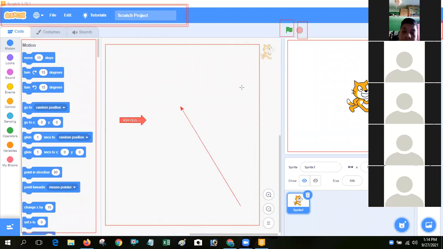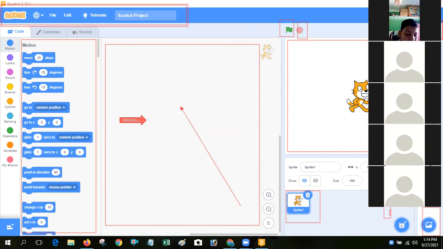So next you will see sprite information. This one is sprite information. Only one sprite is inside my Scratch program. You see Sprite1. Next, backdrop button. This one is backdrop button.